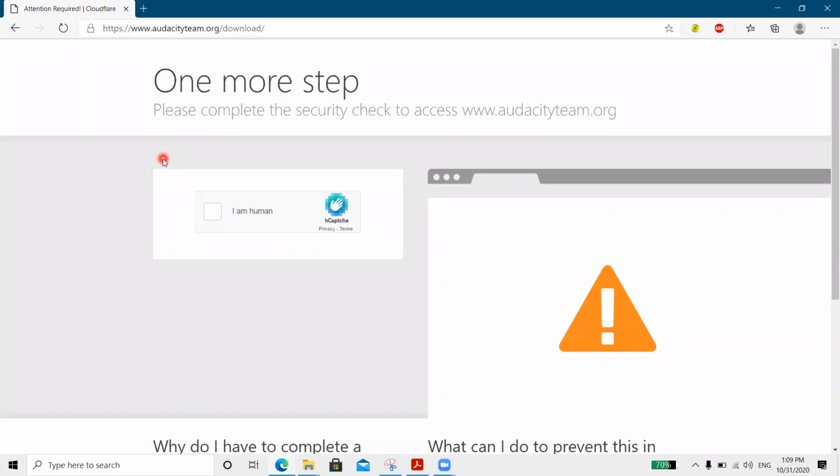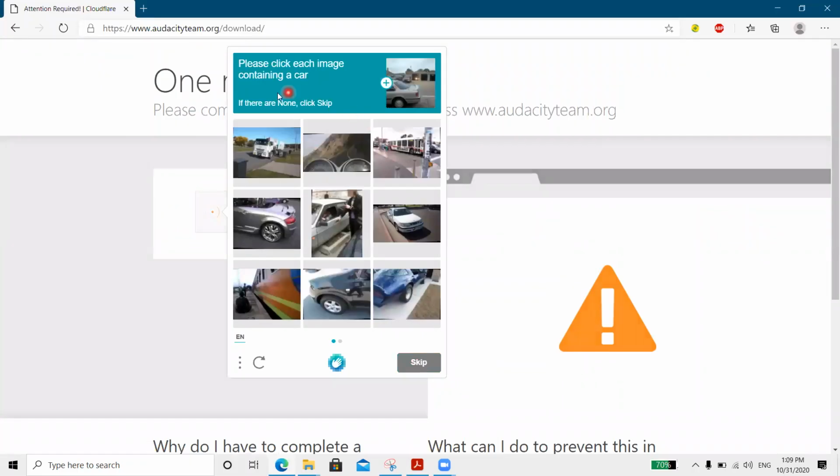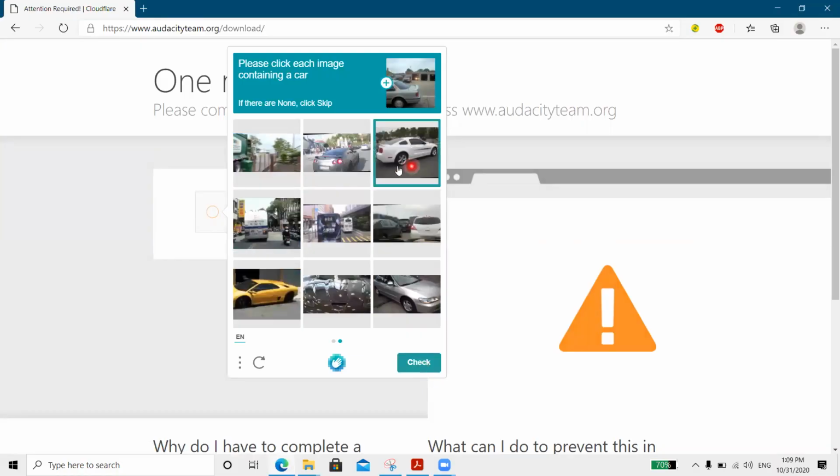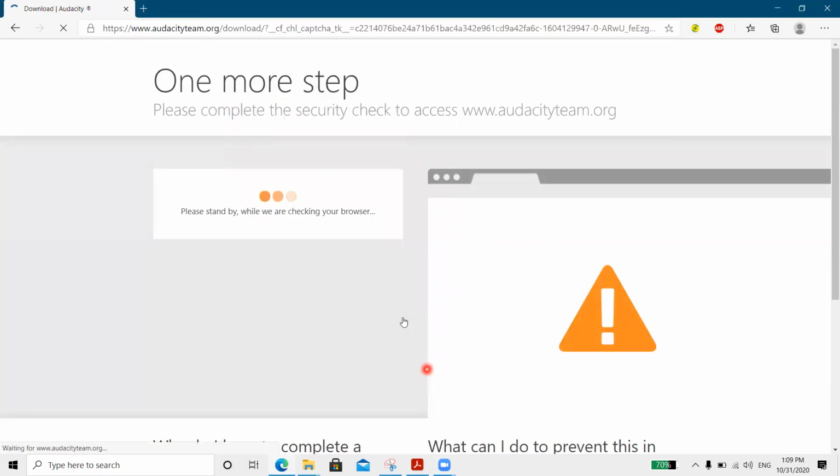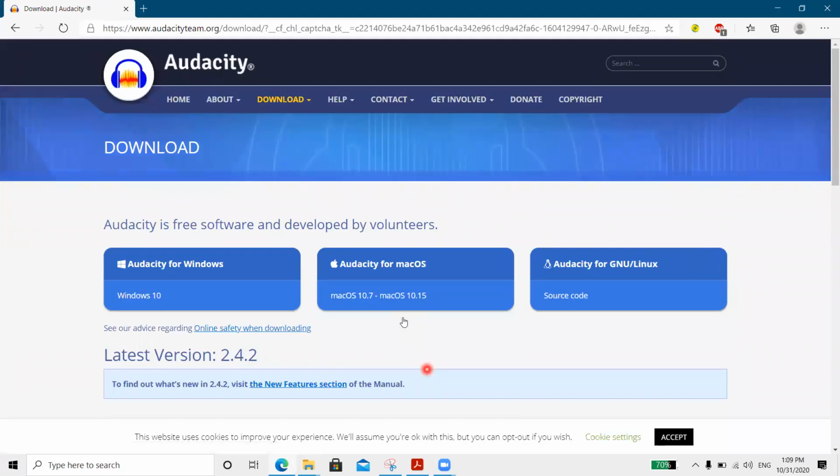Initially, it might ask you to prove that you are not a robot, so you have to follow these steps. Quite irritating sometimes, like you have to find the car in all the pictures. I will click some of the pictures. So here I will click, and it is difficult to recognize sometimes. Yeah. As long as you continue, yes, I will select the picture of the car again. So here, yeah, I will click on check. Once you click on check, it will start downloading, or it might redirect you to another